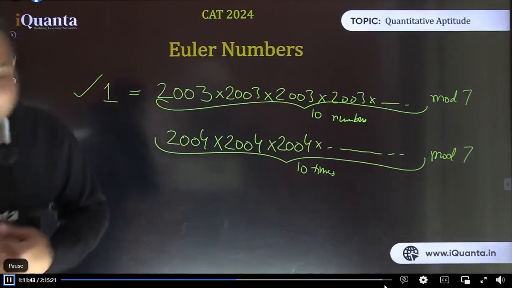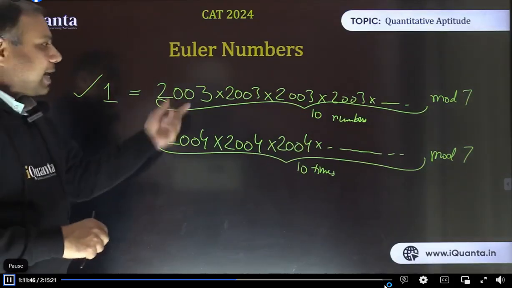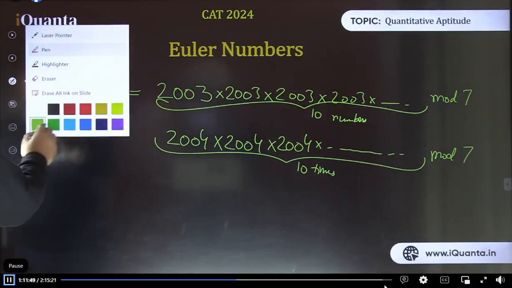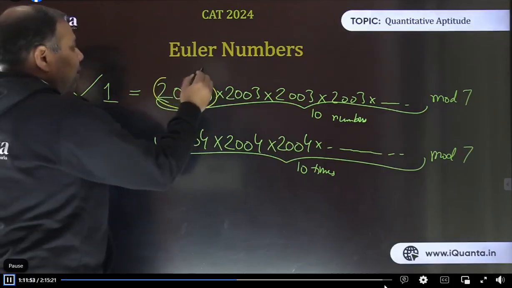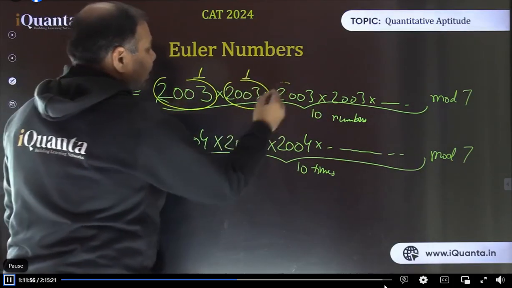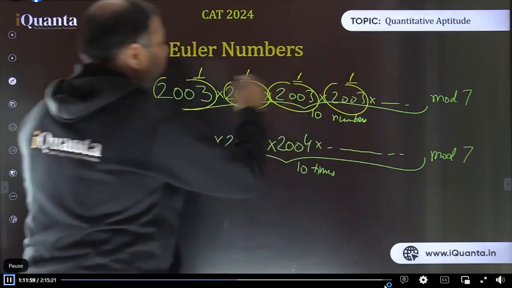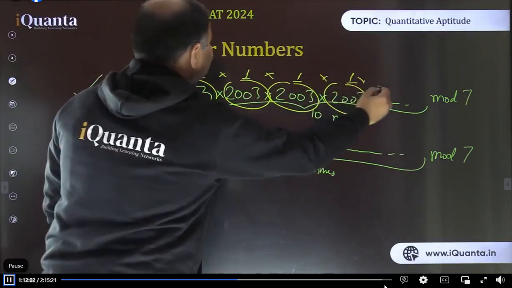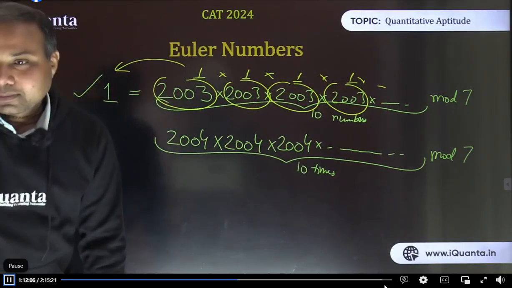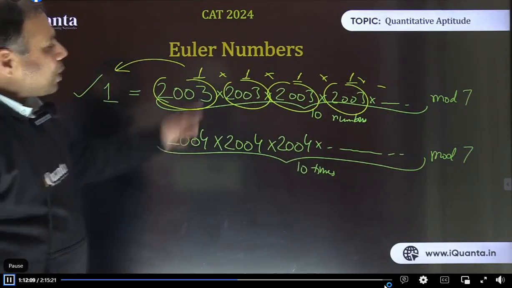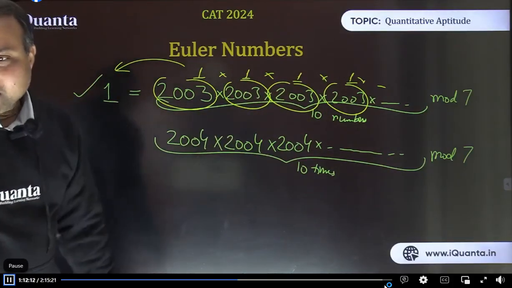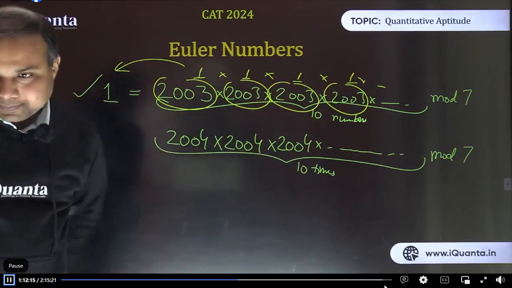Arbaz is asking, please elaborate. What do you want me to elaborate, Arbaz? We had just discussed the individual remainder was 1. Let me write it. So this number was giving remainder 1 when divided by 7, again 1, again 1, again 1. And when all these ones are multiplied, that is going to give us 1 only, isn't it? So we need to work on the individual remainders that we just discussed before this, right? Now tell me this answer.